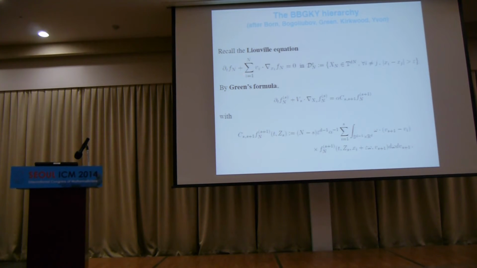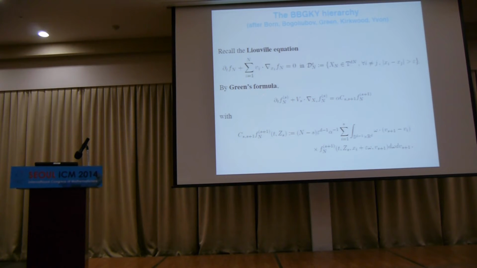Now remember, if I want to understand f_n^1, the one particle distribution, I integrate f_n against x_2, x_3, up to x_n. The equation on f_n^1 had an f_n^2 on the right-hand side. Now I want to write something rigorous, so I need bounds, so I need to control f_n^2. To control f_n^2, I'm going to write down an equation on f_n^2. Of course, the equation on f_n^2 will involve f_n^3. So you have to write down an equation for every f_n^s, where s is any number from 1 to n. You do exactly what I said before: you take this equation and integrate it out, this time over x_{s+1}, x_{s+2}, up to x_n.